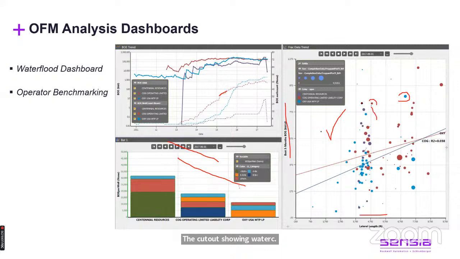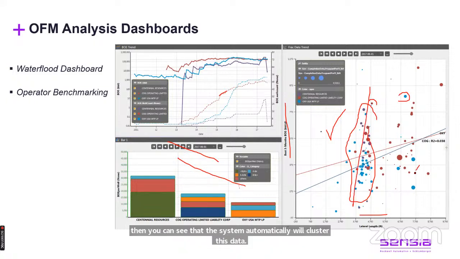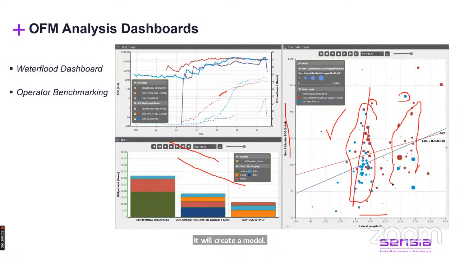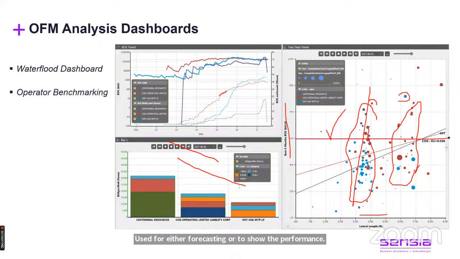And then you can see that the system automatically will cluster this data. It will create a model and create equations, and then you can use it to estimate and then use it either for forecasting, or to show the performance, or to sort. I can divide this into different